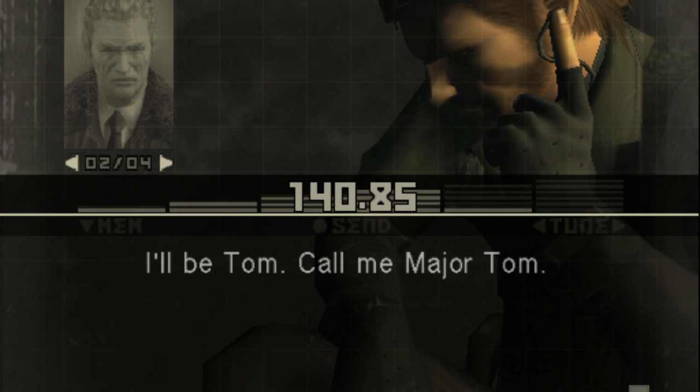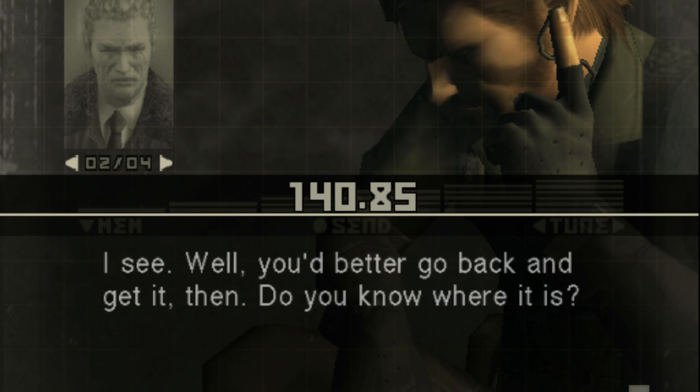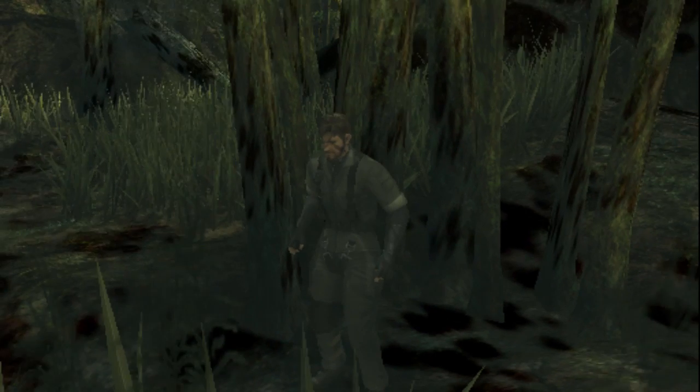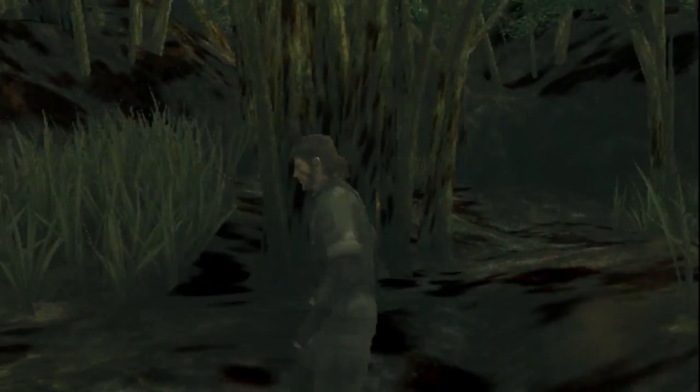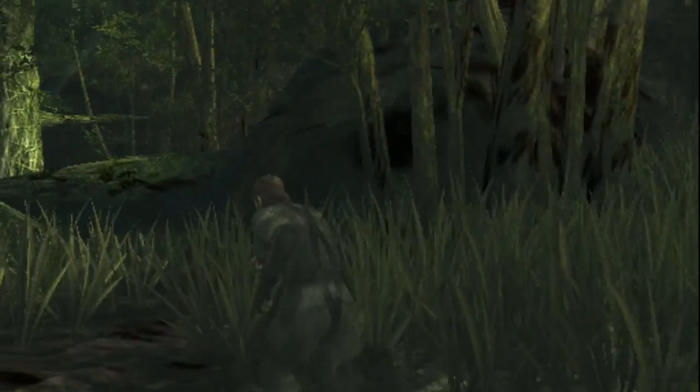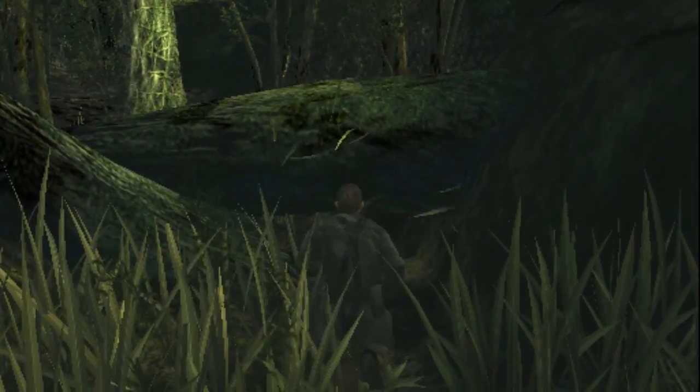Let me just skip that real quick. But as you can see, it's a little bit different from the PS2 version because it shows the full character, not like a filter behind him. But anyways, yeah, this is it. You will notice maybe some graphical incorrectness, but overall, this game works flawlessly. I'll just go over here, quick,